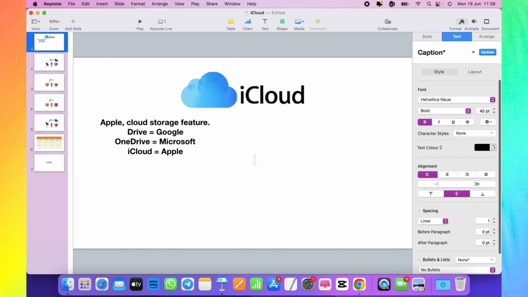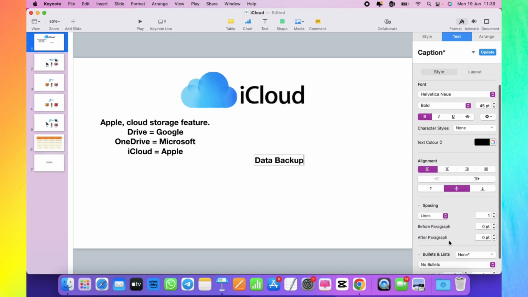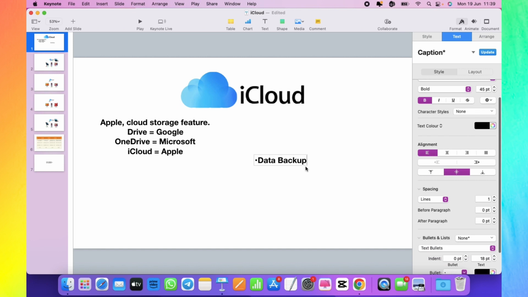For example, as it is a cloud-based facility, it will help you to back up your data on all the Apple devices. This is a very amazing feature and we will also cover it in this free course, so you do not have to worry about anything. So the first feature is data backup, and then iCloud will also help you with data